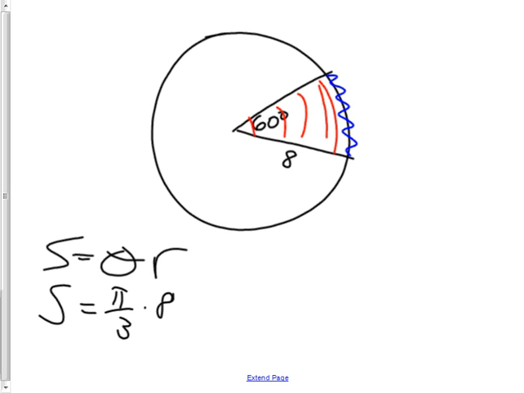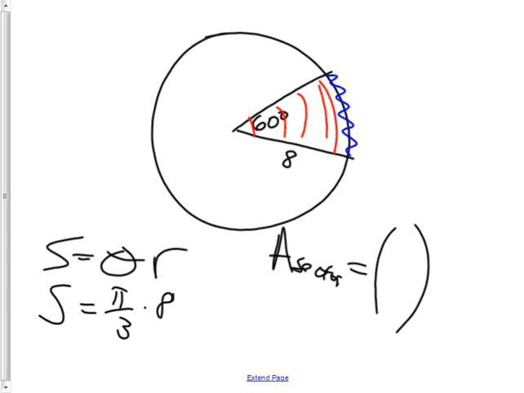And S is a terrible letter for this because it makes me think sector. And it should, in my opinion, this formula should be AOR, arc length, instead of S. But anyway, S is the arc length. Raise your hand if you had 8 pi over 3. Okay, good. Then the other part is the area of it. The area of the sector